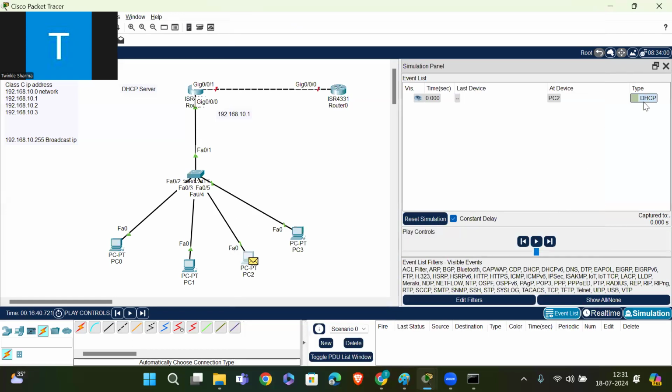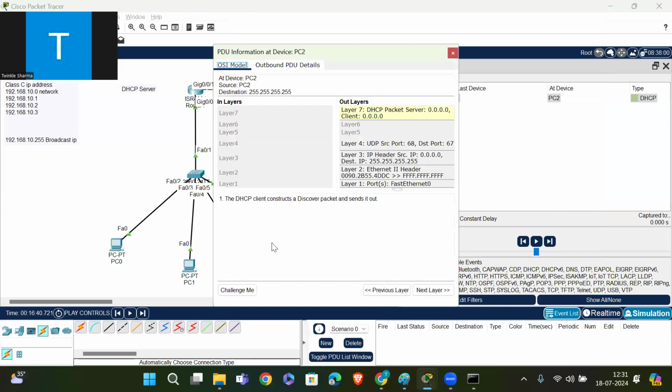First, it generates a DHCP discover message. In this message, the destination MAC address is FFFF, the source IP is 0.0.0.0, the destination IP is 255.255.255.255, UDP source port 68, destination port 67.